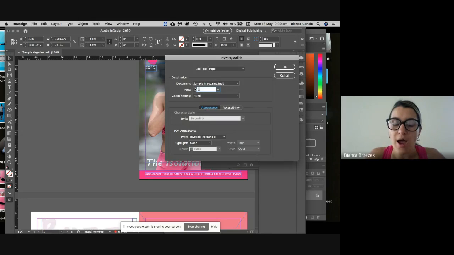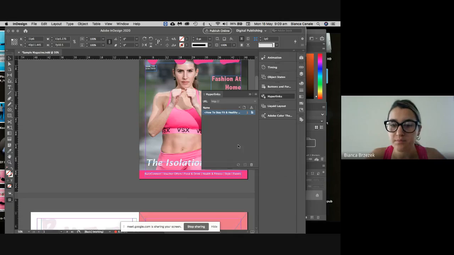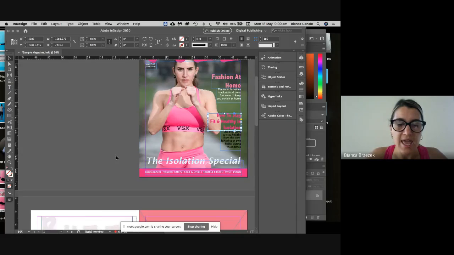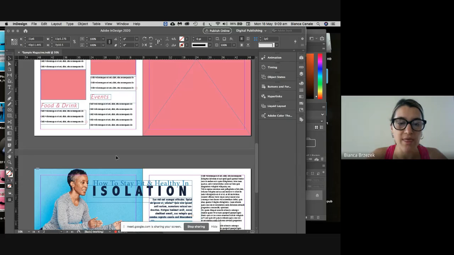the page. I want it to go to page 1, 2, 3. So it's going to go page 1, 2, 3. It's going to be linked to a page and it's going to be invisible. Make sure you link it to the correct page that you want to take it to. I'm then going to press OK. Okay. Then once I click on this hyperlink, when I export my document, it will take me to this double